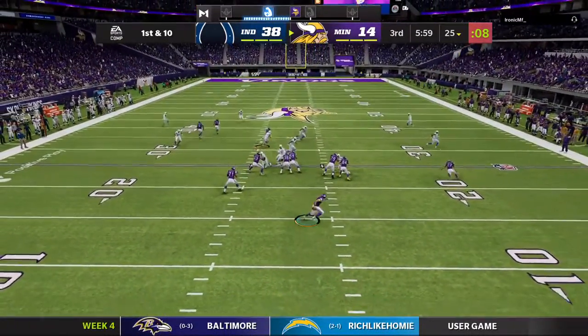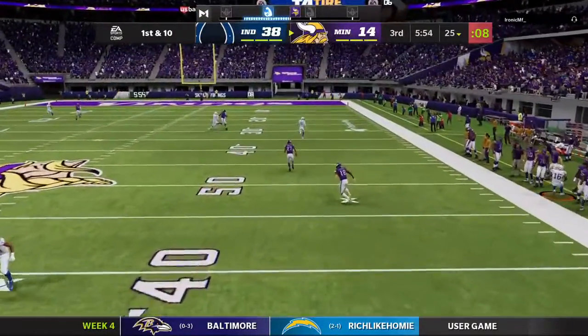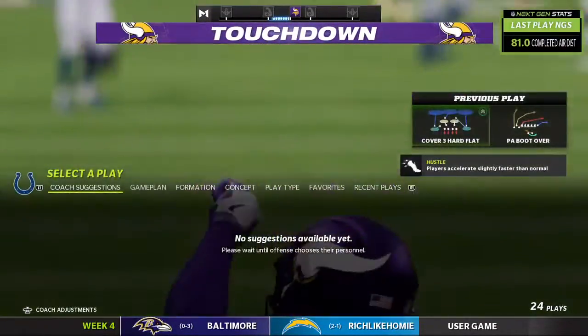A first down throw. Here's Franks. Sliding out of the pocket. Now he'll let it go deep right side. Got a man. It's caught inside the 10. Touchdown,